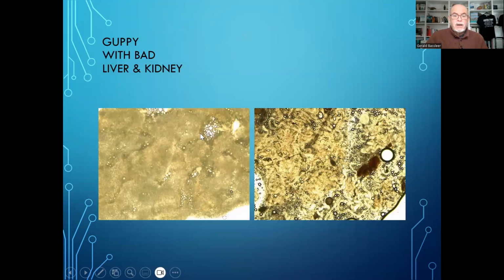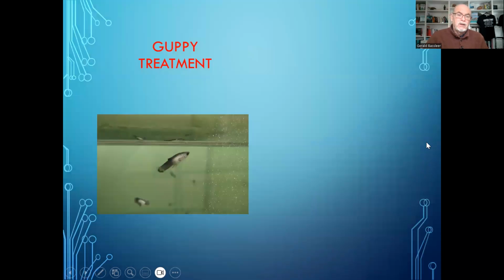Here is the liver again in a photograph. And at the right, we saw the kidney with a lot of black parts in it. Here we can see it. We can see maybe here the beginning of a tubercle, could be. Well, this is an unhealthy kidney, and usually this is something I relate to a bacterial infection. So the guppy